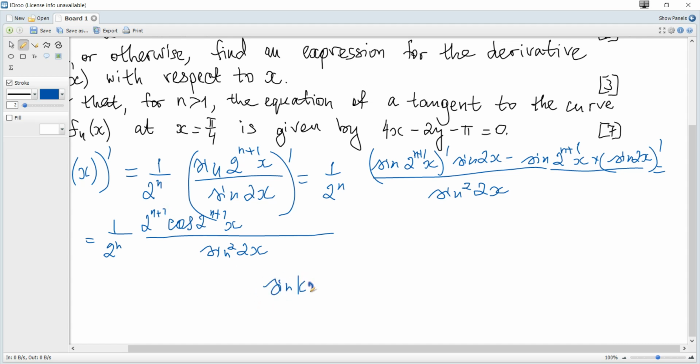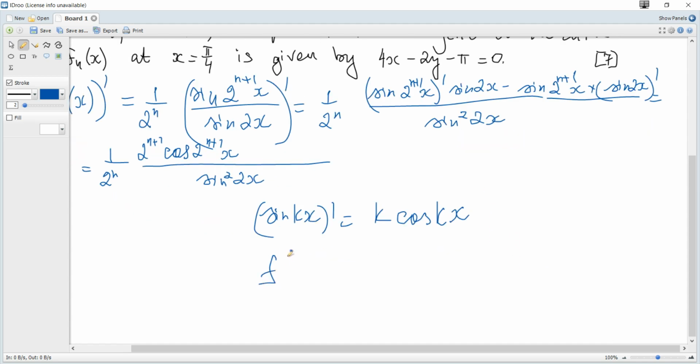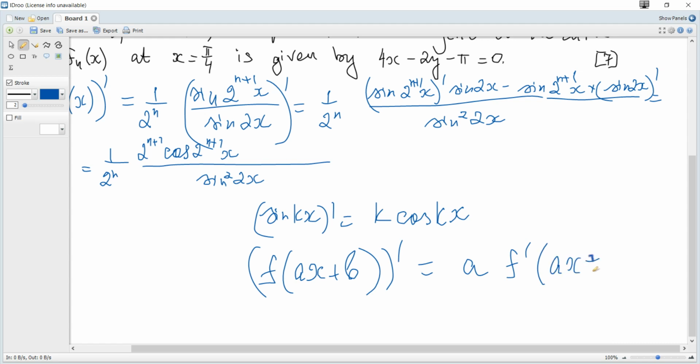The derivative of sine of kx is k cosine of kx. Or we can apply the next rule: if it's a usual function which is given in the data booklet, but it depends on ax plus b, not just f of x, then its derivative is just the derivative of f, keeping the same argument, and